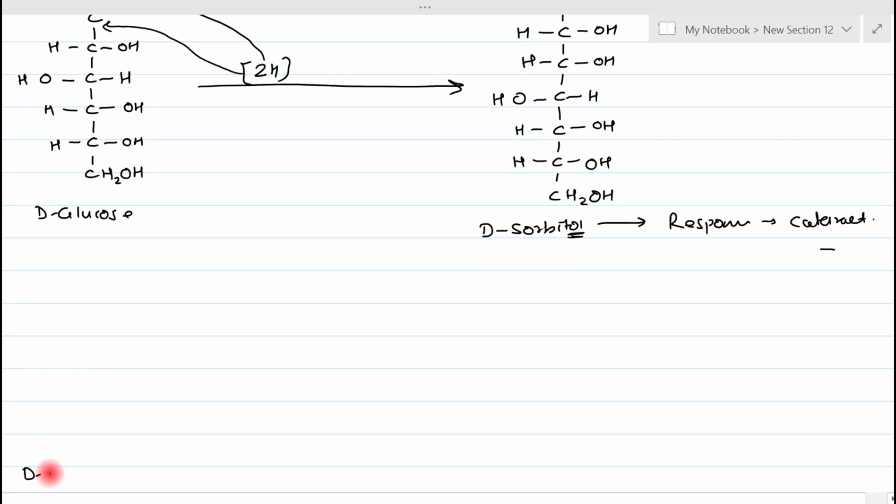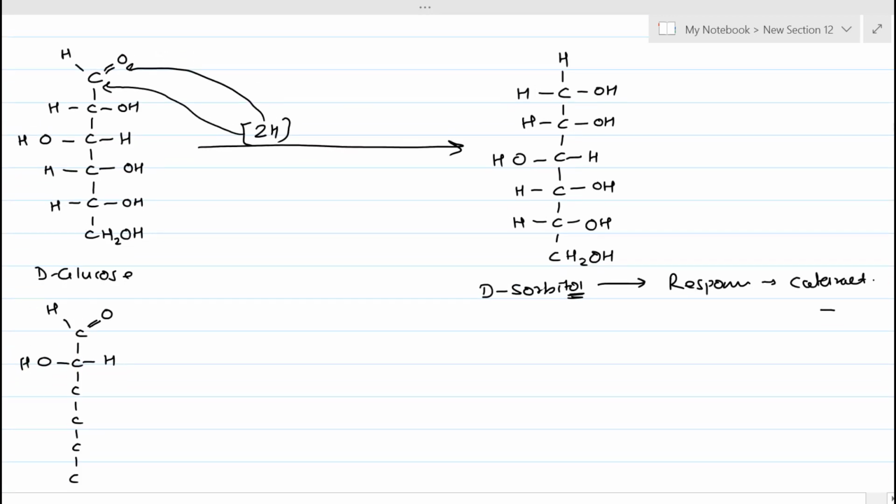That second example we will take as mannose. So mannose also has 6 carbons. So first the 6 carbon skeleton is there. On the first carbon there is the CHO group. Then on the second carbon, H is on the right and OH is on the left. If you compare it with glucose, see here it's reversed in D-mannose on the second carbon. Rest everything is a copy of glucose. So on the third carbon, OH is on the left, H is on the right. Fourth and fifth, OH is on the right side and H is on the left side. And the terminal carbon is CH2OH.